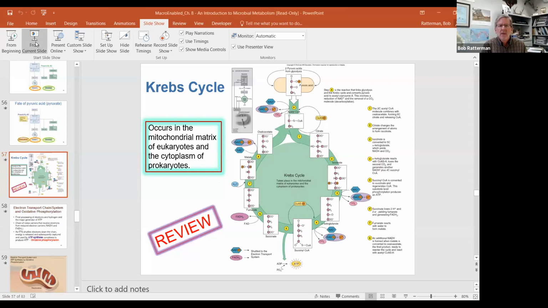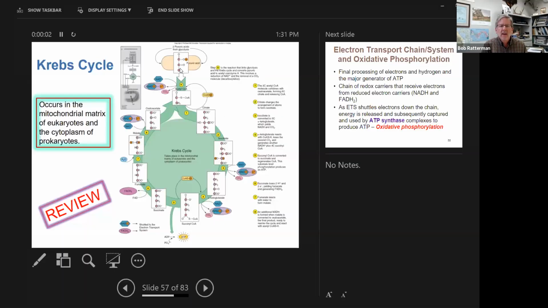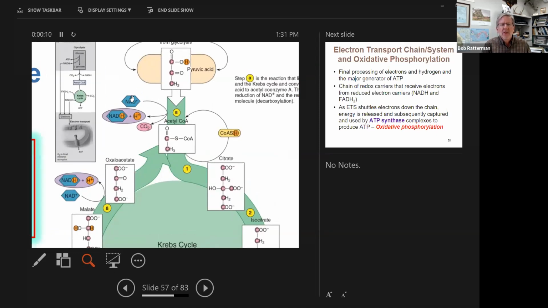Okay. So here's that conversion of pyruvic acid into acetyl coenzyme A, and there's the CO2 that I was describing. Let me see if I can blow this up a little bit more. Okay. So here's NAD plus becoming NADH. It is being reduced. So what I want you to understand is that when this NAD plus gets electrons,